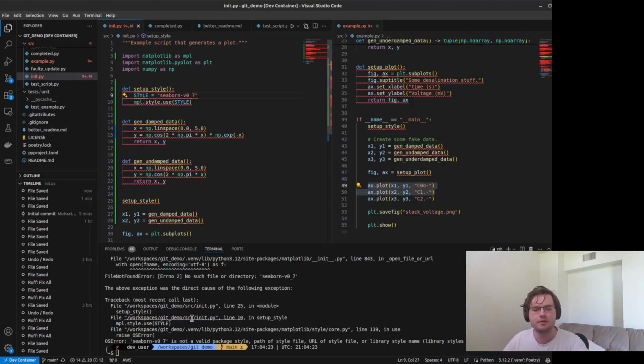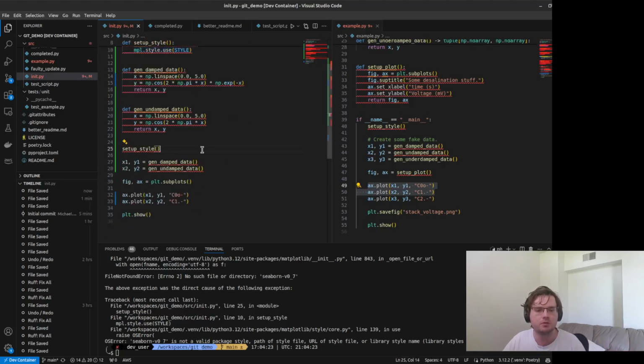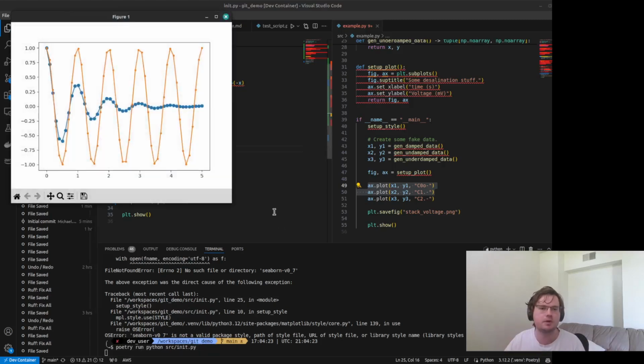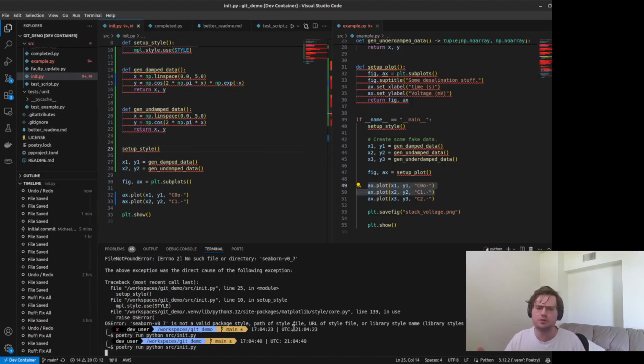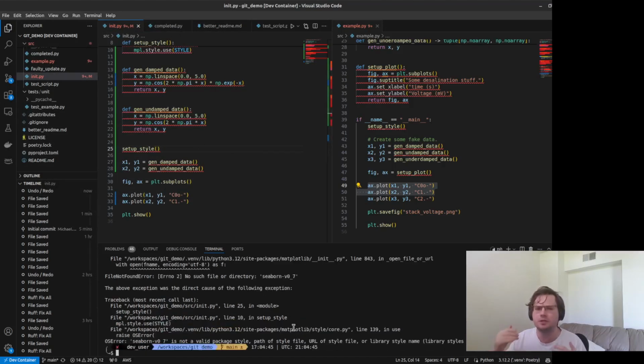But in this case, even while Jeff is making his changes, maybe originally the system totally works because I didn't have that set up, and it outputs the correct plot like you can see here. But then he makes a pull from GitHub and it adds in my setup style thing, and now his code doesn't work. But it's not because of a change that he made, it's because of a change that I'm making at the same time. Obviously that's really confusing and it's going to be a big problem.